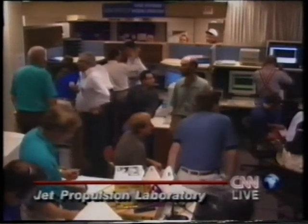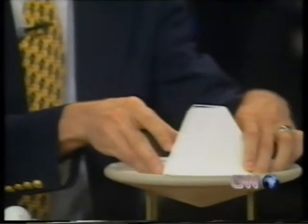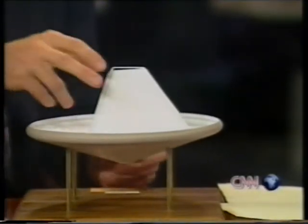We have a model. You have kindly brought a model of the landing craft. I don't know if we can get a tighter picture of it, but if we can, why don't we put it, there we go. We're moving in and out of the shot. There we go. Show us what it is that is going to happen. There was some talk about the petals and about whether they would be able to...